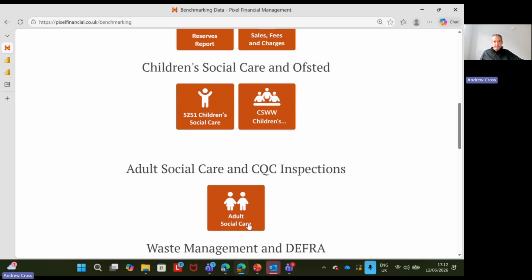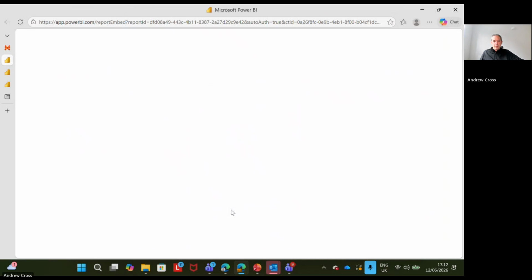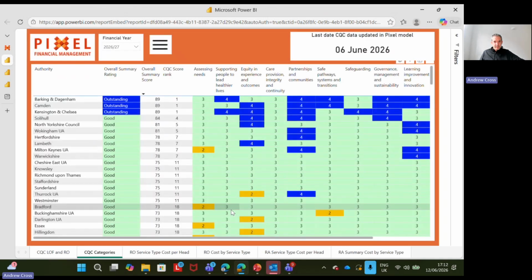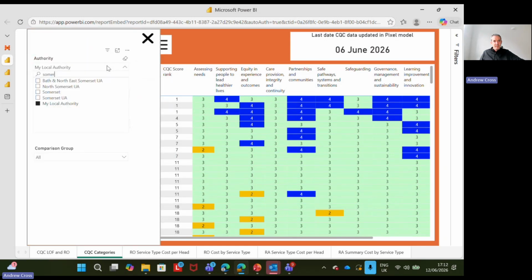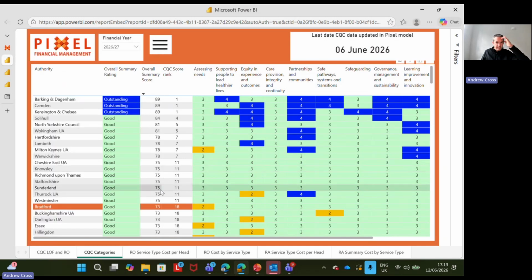So if we look at that now, you've got adult social care and CQC inspections. So I'm going to click on there. And this report isn't new, but it opens on Care Quality Commission categories. Yours would automatically highlight your council, but I'm going to type in Bradford, and what I can see from there is Bradford has recently had an inspection and it scored 73 out of 100, rating it as good, and